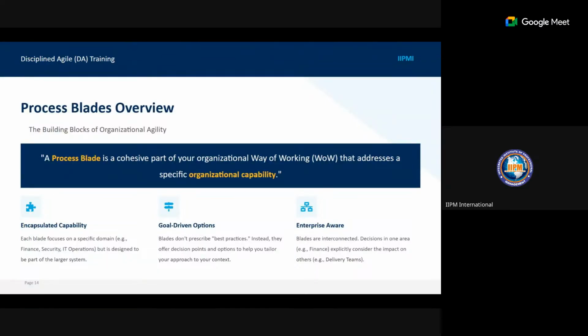You have the encapsulated capability, goal-driven options, and the enterprise aware. So your encapsulated capability talks of the specific domains. Remember we talked about the cross-functional teams. What are the functional areas within your team that make up your processes, your systems, and your organization?